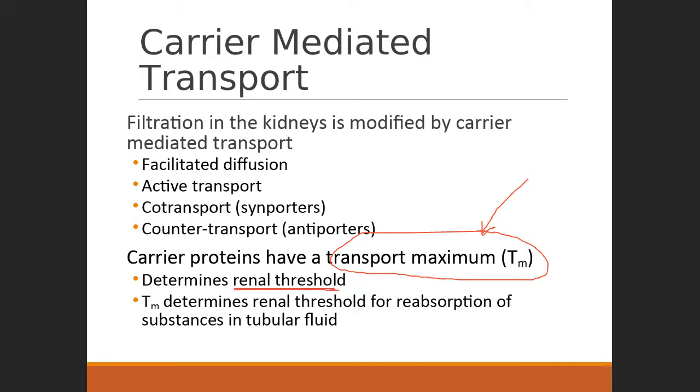Basically, that's the amount of each solute that we have the capacity to reabsorb. So you have a renal threshold for glucose, you have a renal threshold for sodium, you have a renal threshold for calcium, and so on and so on and so on. And providing that you have a normal amount of any of those solutes, you will be below the renal threshold for those solutes, and you'll be able to reabsorb 100% of it, with none of it making its way to